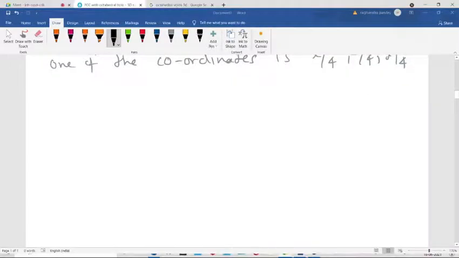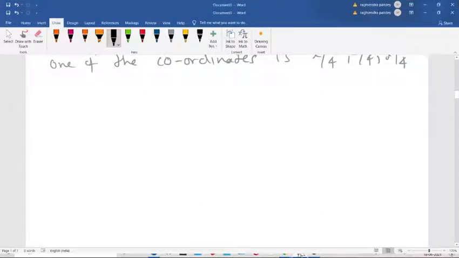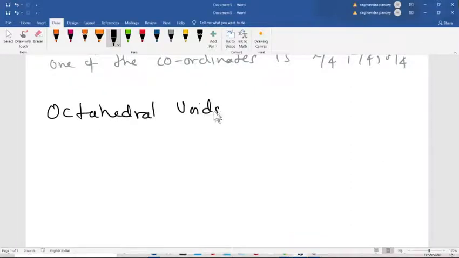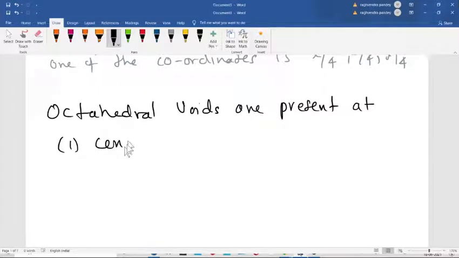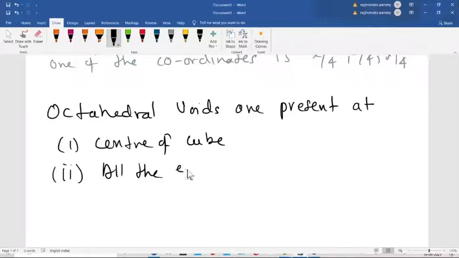So let's consider that. Octahedral voids are present at, one position is the center of the cube, second position is all the edge centers of the cube.